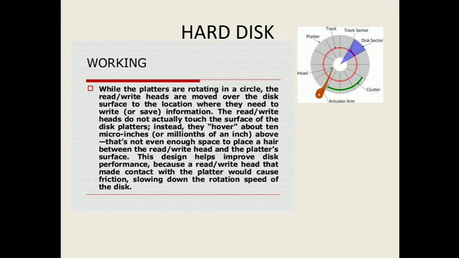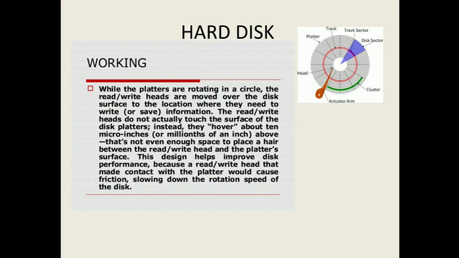Hard disk. It is one of the most useful and popular storage devices. A hard disk pack consists of a number of circular plates coated with iron oxide. As you can see in the image, hard disk is divided into track, sector and cluster. These circular plates are mounted on a common spindle and this pack is rotated at high speed. The disk surface contains circular paths called tracks. Each track is further divided into sectors, which form a cluster when combined.